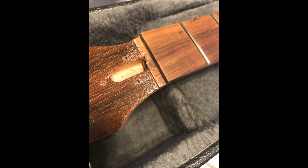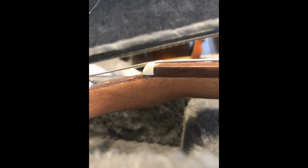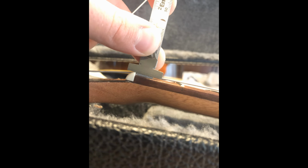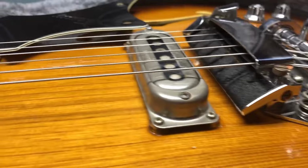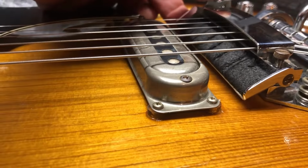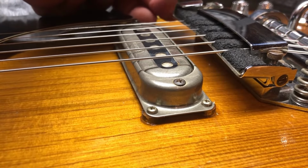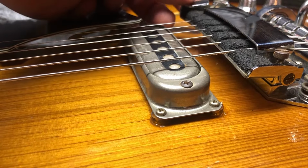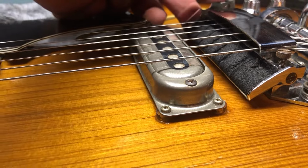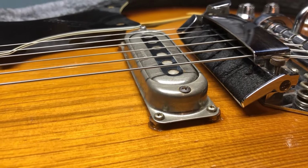So I popped that off there, sanded it down, got it where it needs to be, way better, and you can see here, it's tiny, but it's about 1/32 between the fretboard and the bottom of that E string. So we got it to where it needed to be. This string mute is something that I took off of this several years ago because I thought it was pointless, and it still kind of is, but it's kind of cool, it's unique,